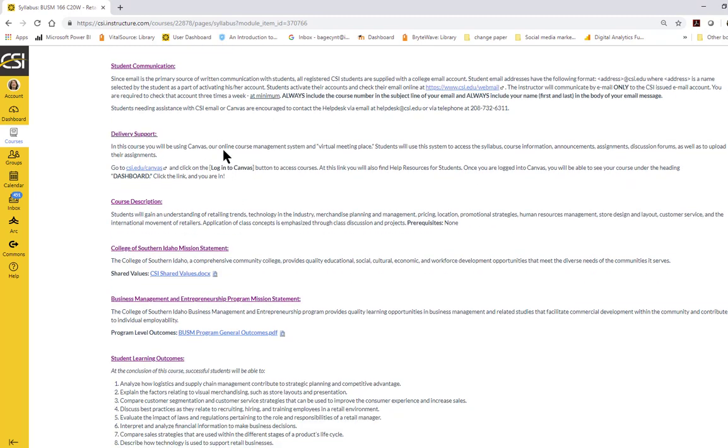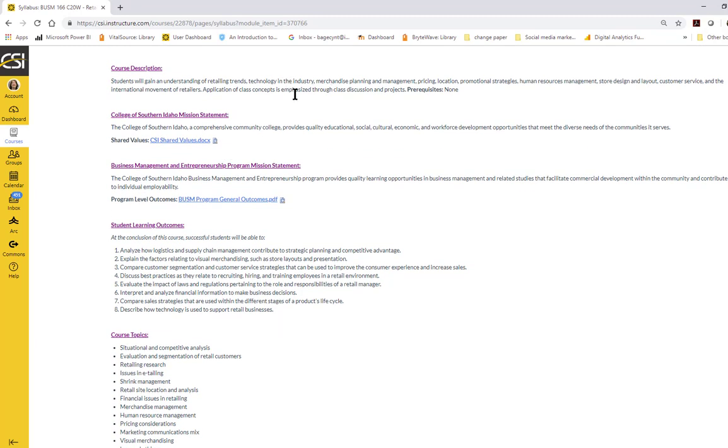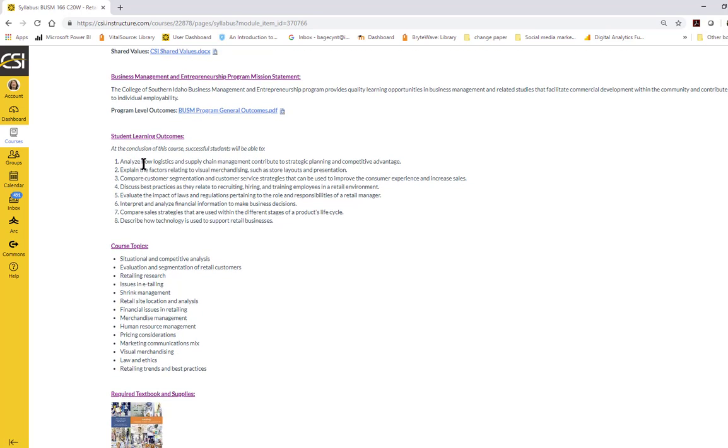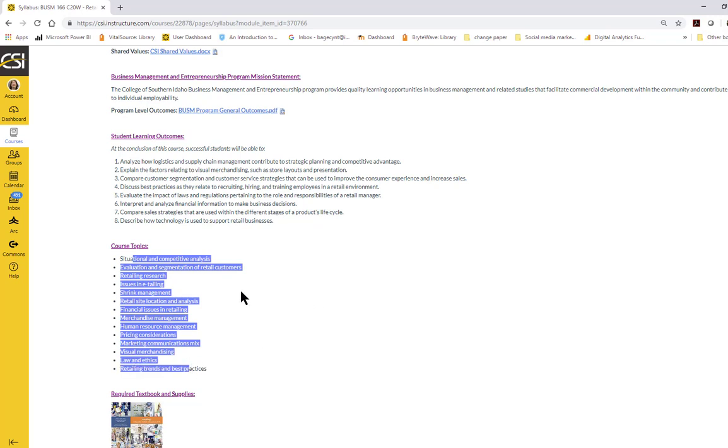Going on, here's the description. Mission statement of the college, mission statement of the program, outcomes of the program, outcomes of this specific course, what we're going to be studying in this course.